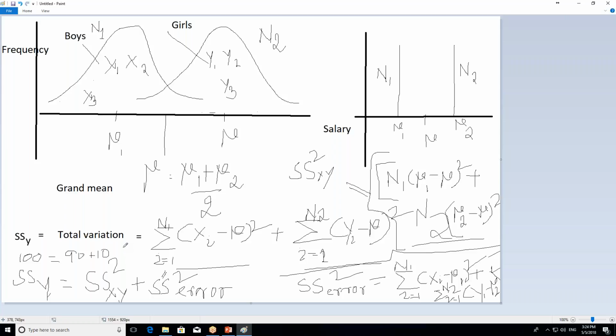But if in your hypothesis testing the sum of square between the group is more prominent, then you tell the groups are different from each other. So how are we going to do that? The entire mathematics we have found here: now you divide SSY by